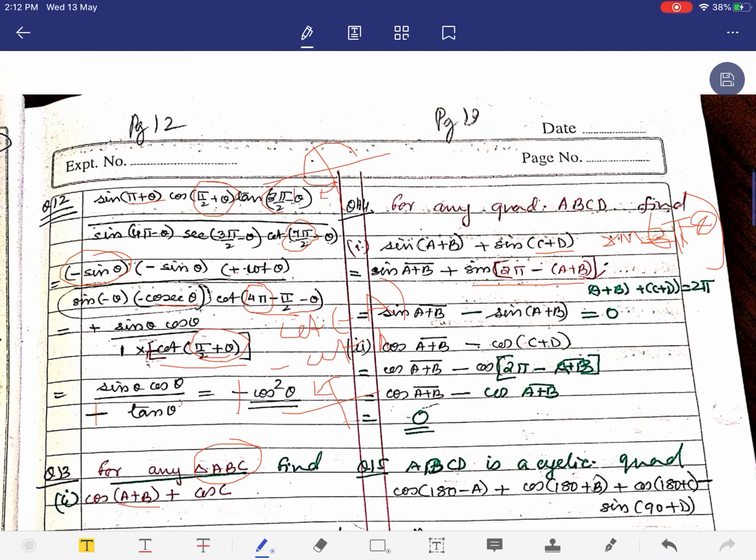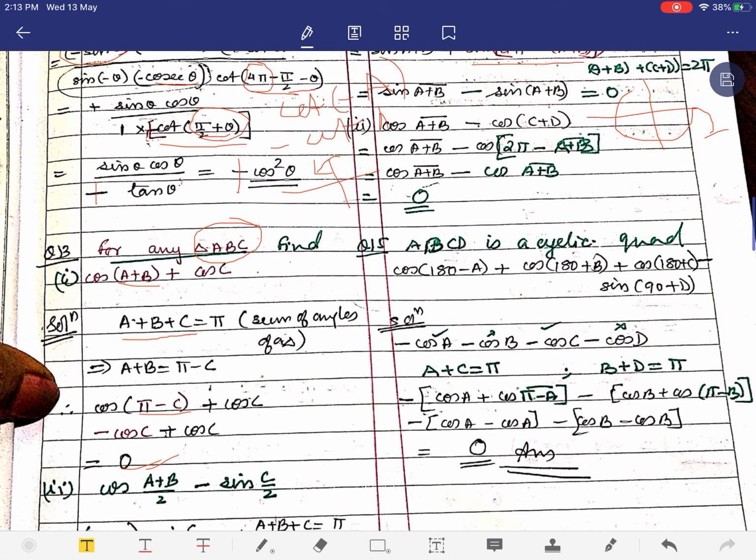So, it is understood that the theta that we have is A plus B, but always try to read it in terms of the formula, so that you can have the answer in that. So, what is sine 2 pi minus theta? 2 pi minus theta is in the fourth quadrant, so the sine ratio is negative. So, that minus sign is here, and this is sine. So, the sum comes out to 0.